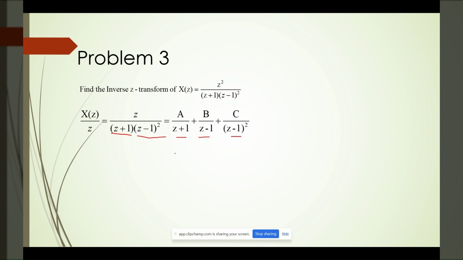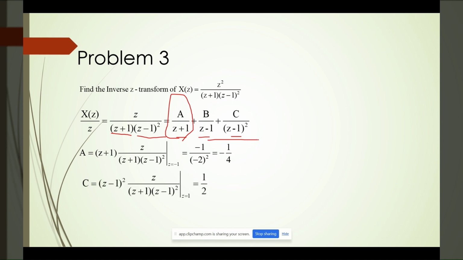So to find these constants, first one, to find a, it is normal, z is equal to minus 1, you can do it. But this is something different, you can understand. It is z minus 1 the whole square. When more than power 1 happens, we have to go for some different methodology. So first let us find c value. Just by substituting z is equal to 1, normal methodology you can find.